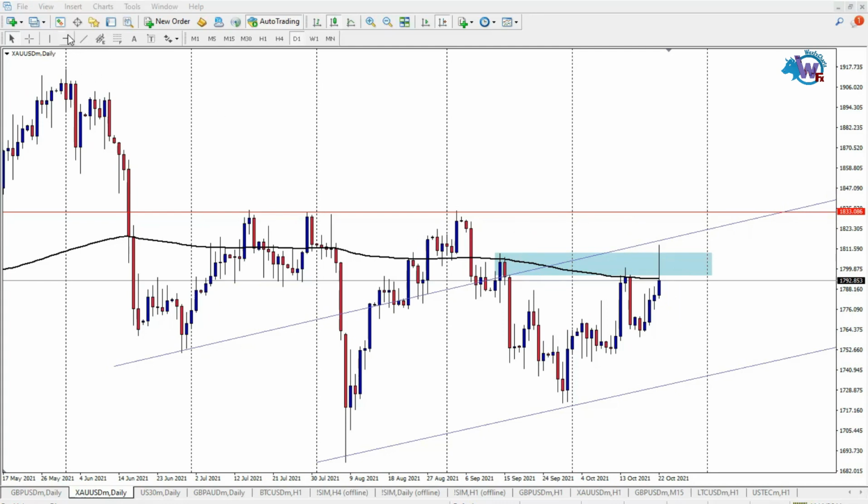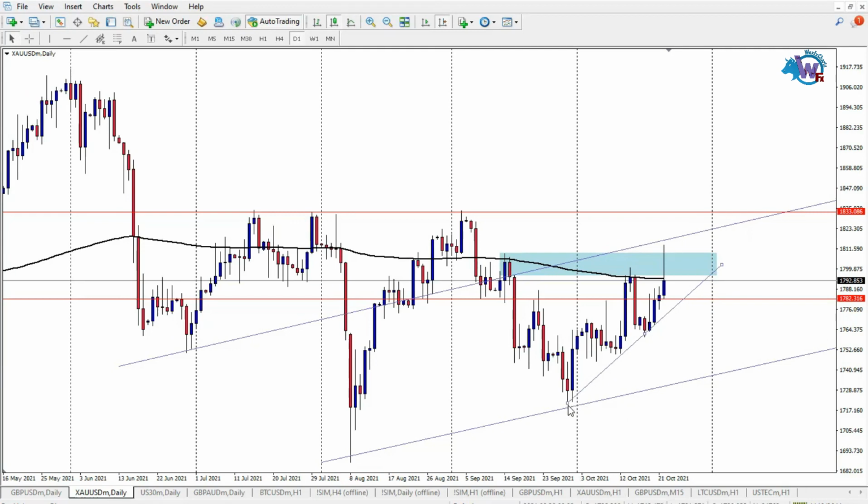That is when I can now take a look at sales, which is obviously if price breaks 1782 price level and probably closes below it. That is when I can now look out for sales on gold, which obviously we were taking this daily trend line into consideration,